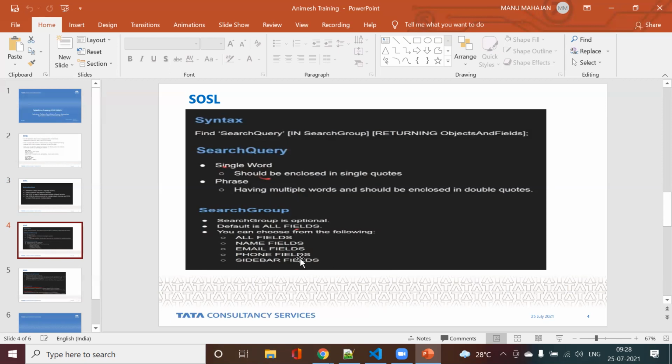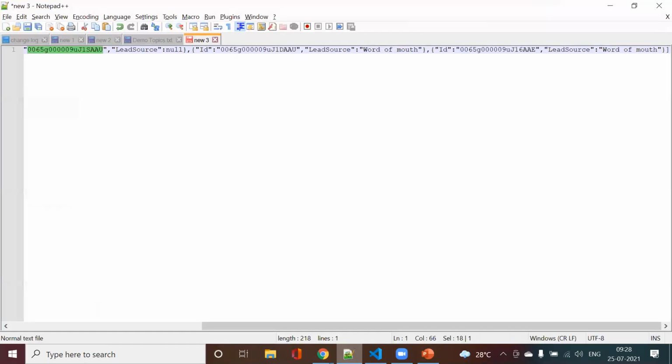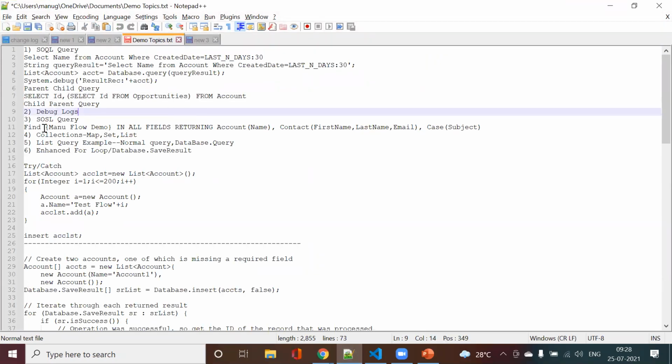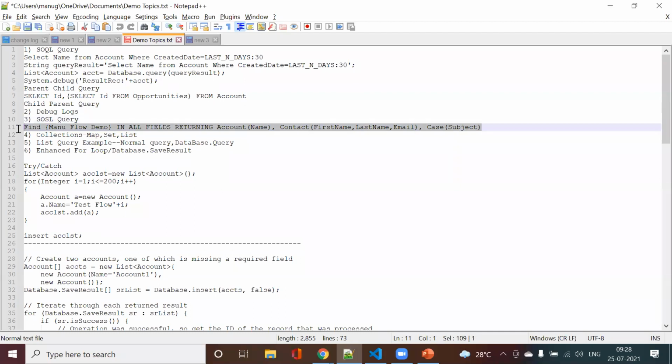So let us try one example that I already have with me. I already have this Manuflow demo keyword, which I am going to search in all fields. And it's going to return the name field of the account, the first name and last name and the email field of the contact, and the subject field of the case.